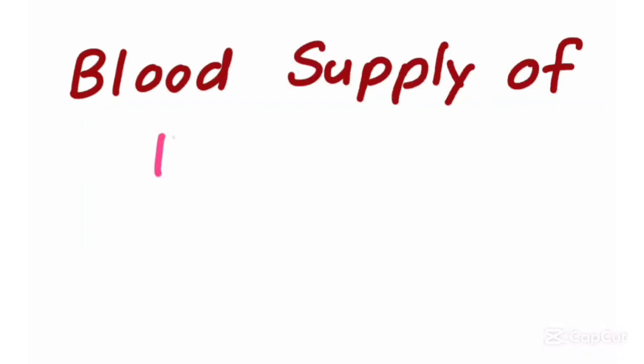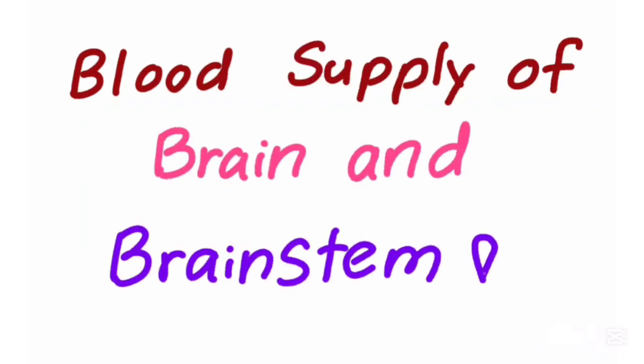Let's talk about blood supply of the brain and the brain stem. Here you can see a rough sketch of the arteries that supply the brain and the brain stem. In purple, you can see the vertebral artery, which is a branch of the subclavian artery, and then the anterior